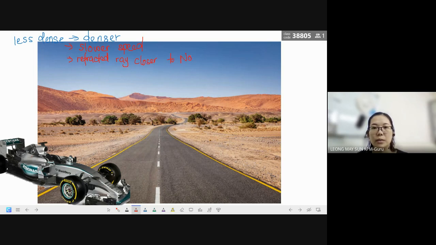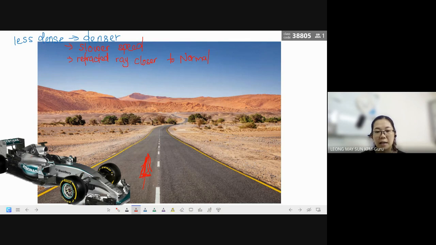All right, closer towards the normal. So let's just say when we're talking about the F1 car, there's a reason why I use the F1 car, because light waves move very fast. F1 cars also move very fast. So if the F1 car is moving on the normal path, the road here,